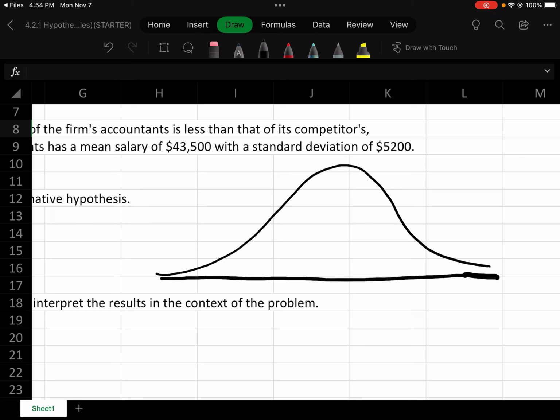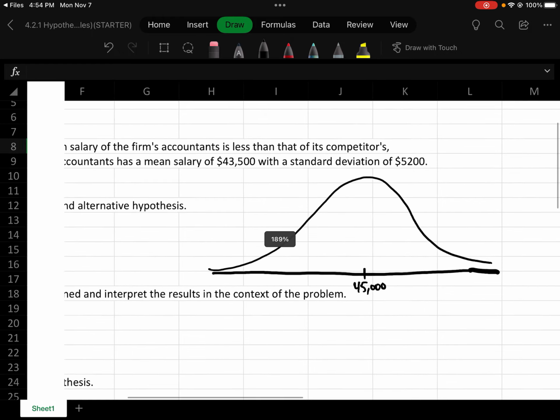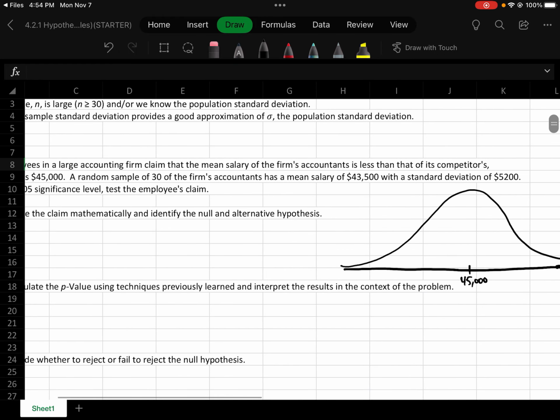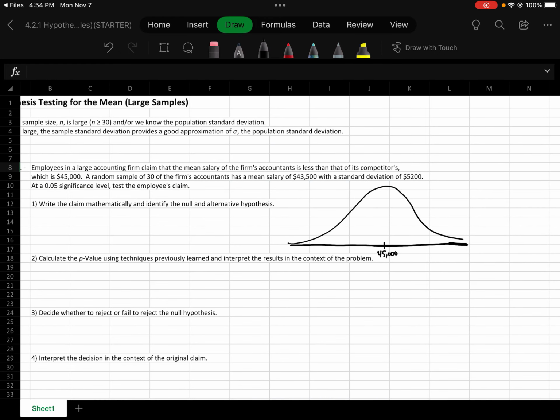And we can say that the mean is right here. And this is the mean that's claimed for the other corporation, 45,000. So this is a one-tailed test because the employee is saying, you know what? I think our salary is less than that. So they're saying we think it's less than that